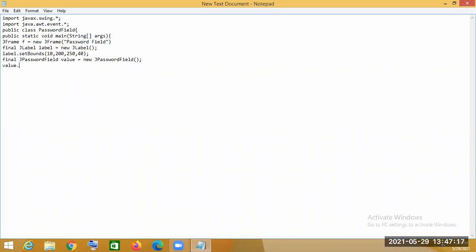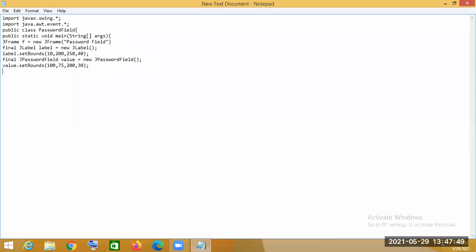So we will call the setBounds method with the password field object. That will set the position of the password field. In this case there will also be x1, y1 and x2, y2 coordinates. So we are using 75, then 200, and 30. So the value is given, and the position of the password field we created is now fixed.